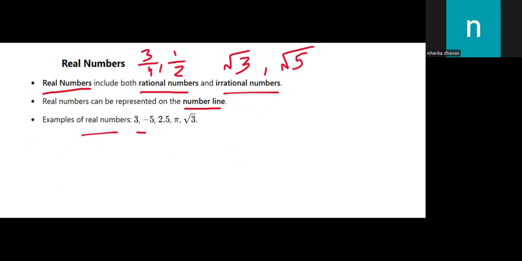Next question is, every irrational number is a real number. Now we've already studied that real numbers include both rational and irrational numbers. So it means every irrational number is a real number. So this is true. Every point on a number line is of the form root m, where m is a natural number. So it is asking that if I am taking any number on the number line, is it of the form root m, where m is a natural number.